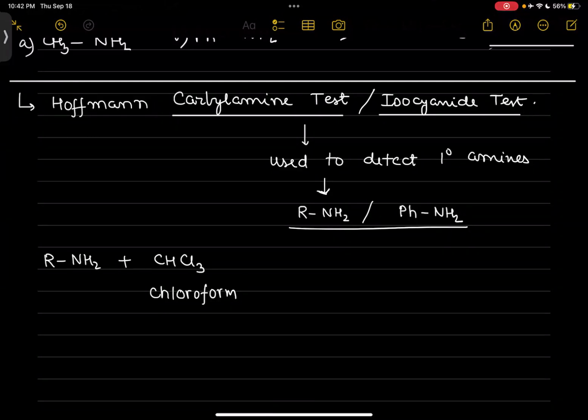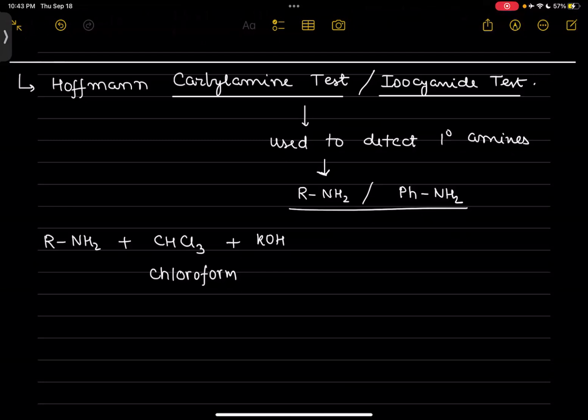Got it? And base KOH. So when you heat this primary amine, this is a 1 degree amine, with chloroform and base,